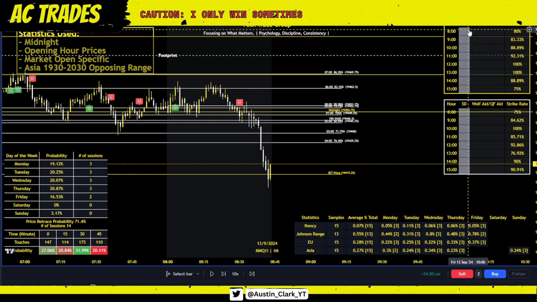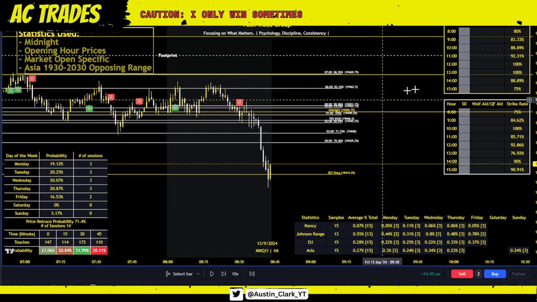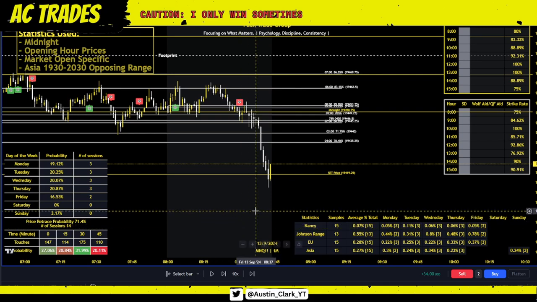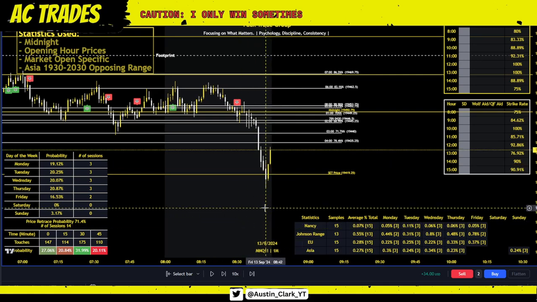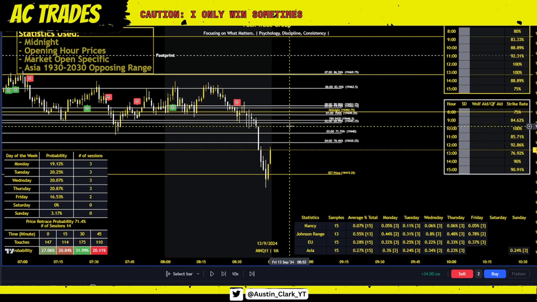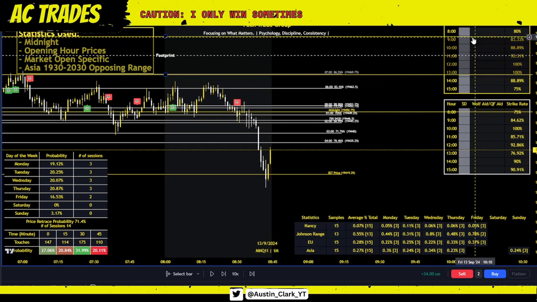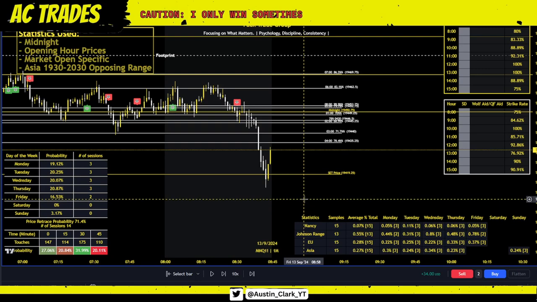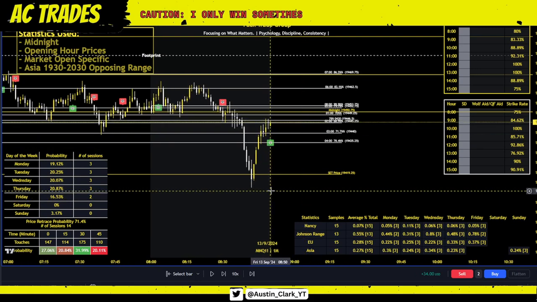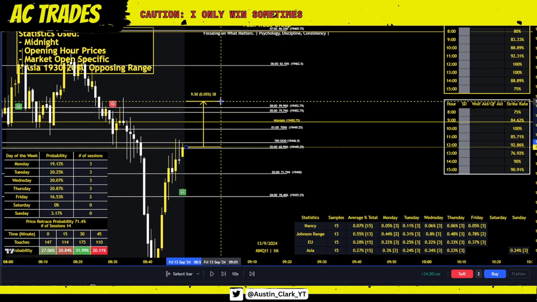Look at the 8 o'clock. 8 o'clock is gray. For the pack, because this is a pack specific thing that we have here, gray means there's no clear statistical direction for this hour based on the data we have. So now I'm saying, okay, if I get a bullish entry, regardless of what time it is, because I have statistics to the upside in my favor, I'm taking a long, or I'm going to wait for 9 o'clock to say it's bullish statistical direction. And so then right here, 8:50, boom, 0.05%, shooting for 10 points.